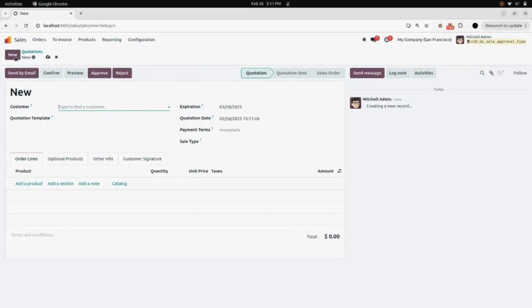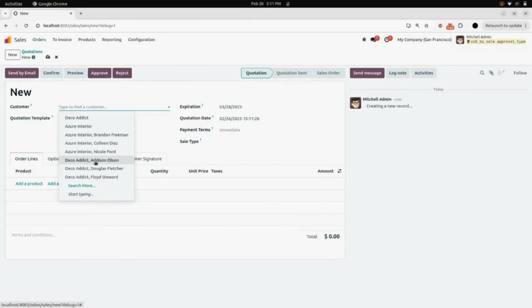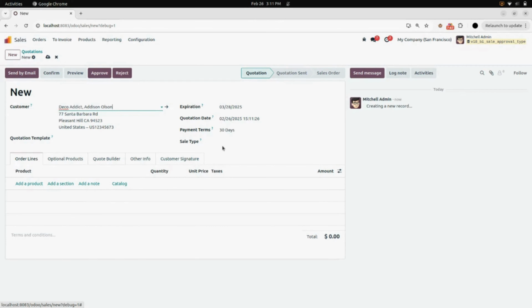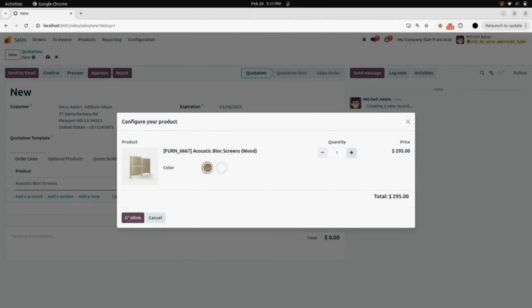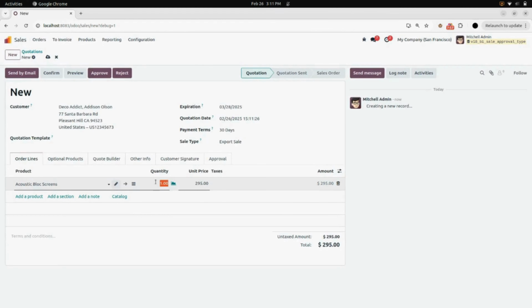Now again I will create a new RFQ. I will select a customer and I will select my sale type. Here I am selecting export sale. Now I will go and add products. Here I am adding acoustic blocks. I am updating my quantity to 5, and here you can see the total value is 1475, which is between